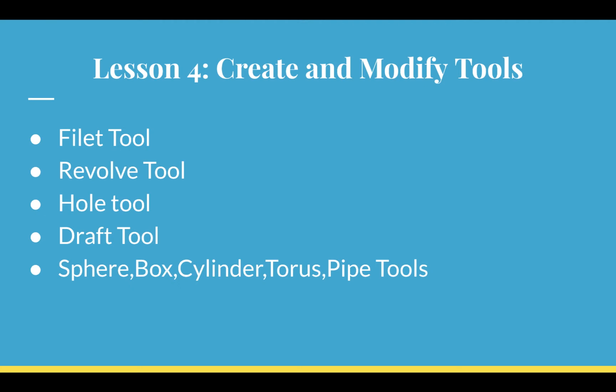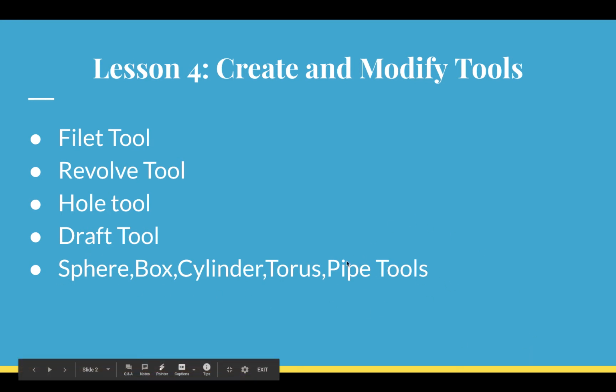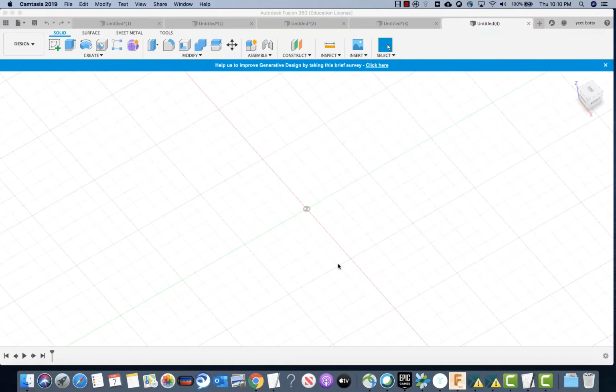So, today we'll be messing with create and modify tools. First tool we'll be doing is the fillet tool, then the revolve tool, the hole tool, the draft tool, and these tools that help you make solid objects. Let's get right into it. To start off, I want you to log in to Fusion 360,